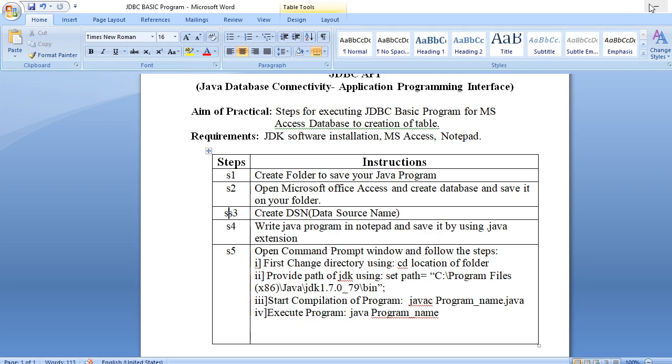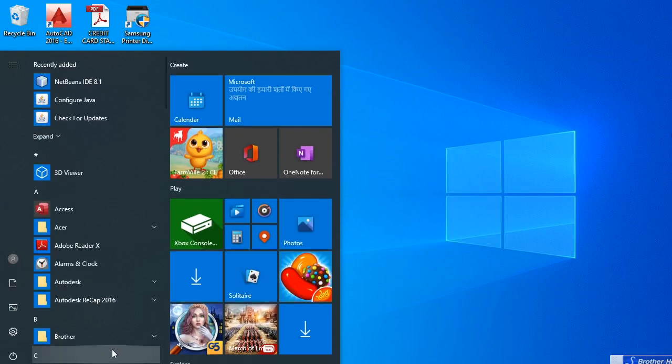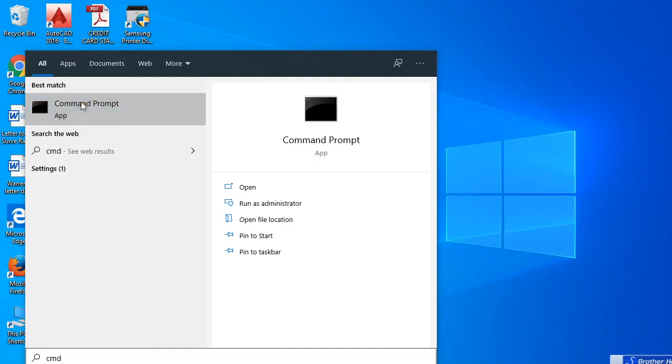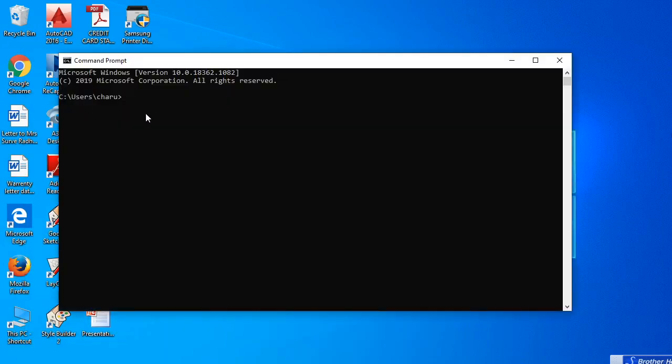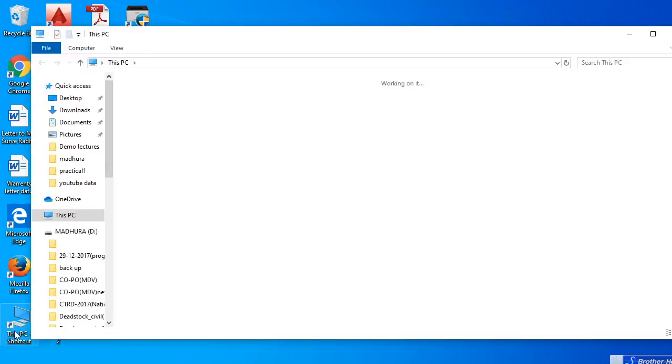So let's start. First open the command prompt by using the keyword cmd. Open this command prompt and change directory by using cd, a space, and paste your folder location. I have created a folder in the D drive.